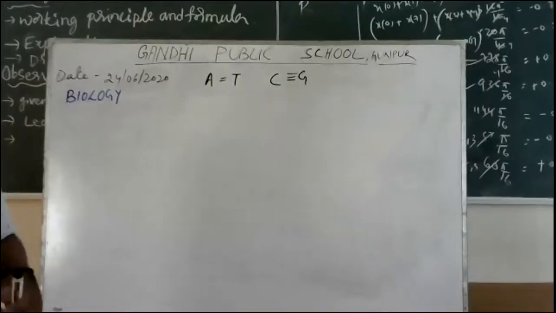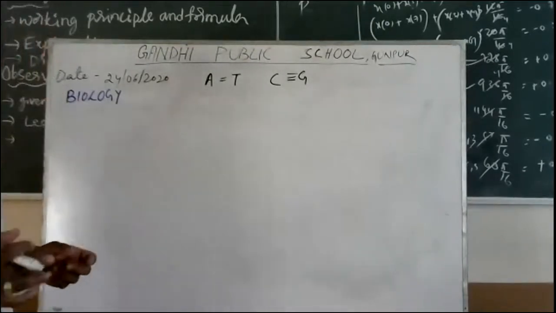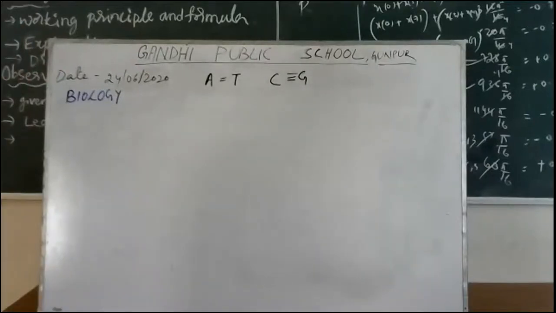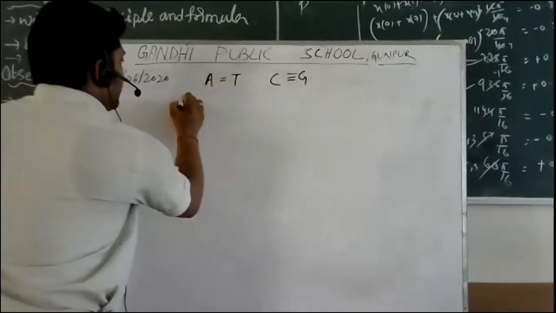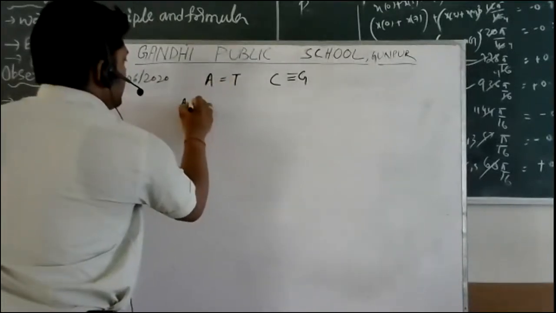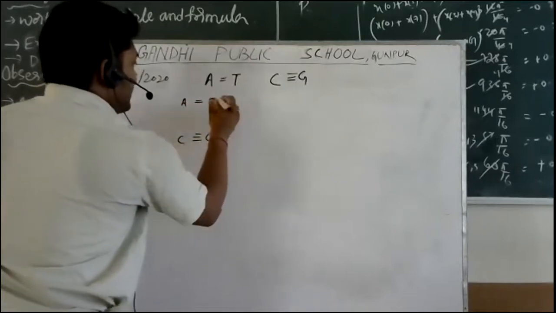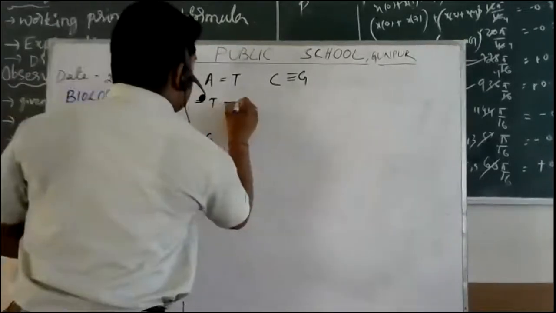So again, back to the question. I'll just open the question once again. Here, we are going to have an experiment where we place a molecule in the DNA. Suppose I have a base pair here, for example A T, and here I have C G. So I know the distance between these two is going to be how much?